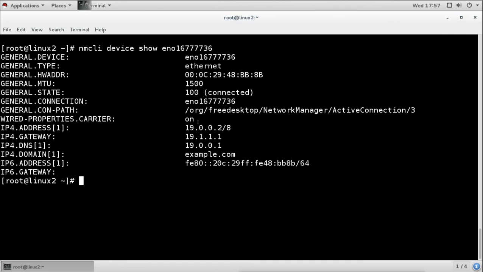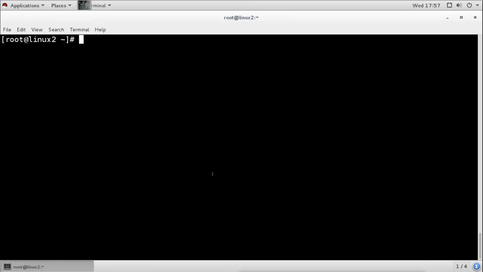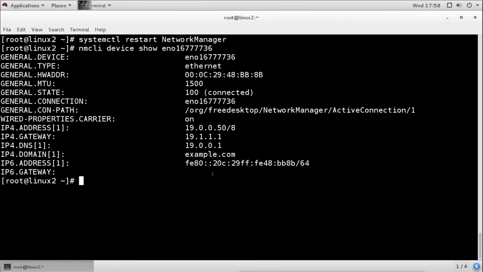So it was getting this available IP, the first available IP. Now when it asks, it will get the new IP. What I will do is restart the network service. Now we will check the IP address, and now you can see it is getting the fixed IP address which we have defined, 19.0.0.50. Now whenever it asks, it will always get the same IP address because we have mentioned the MAC address of the system to the DHCP server.